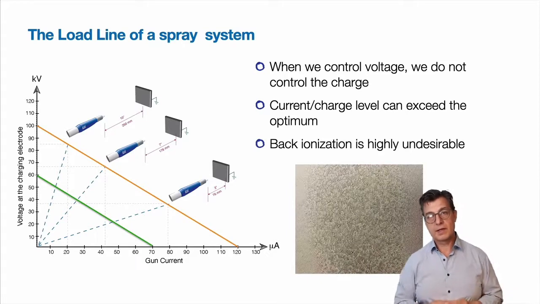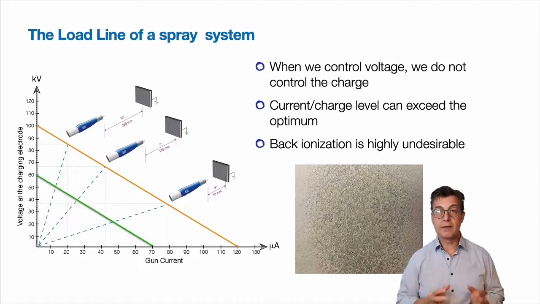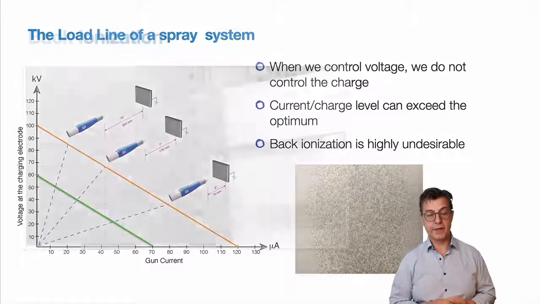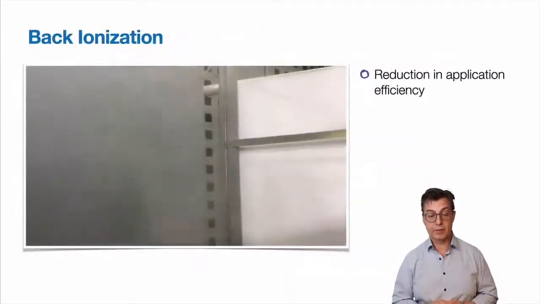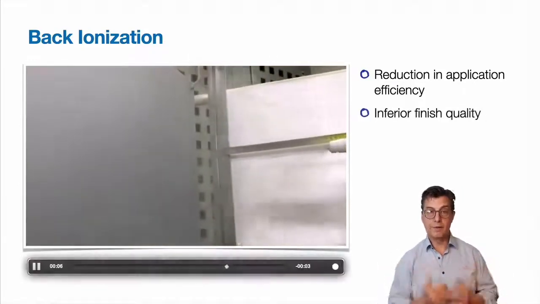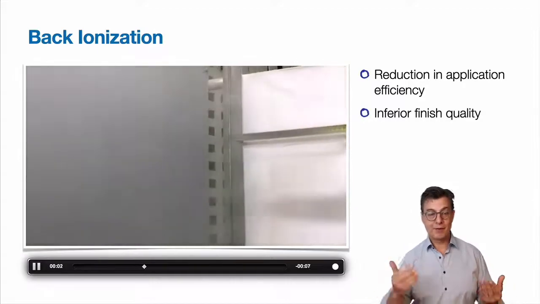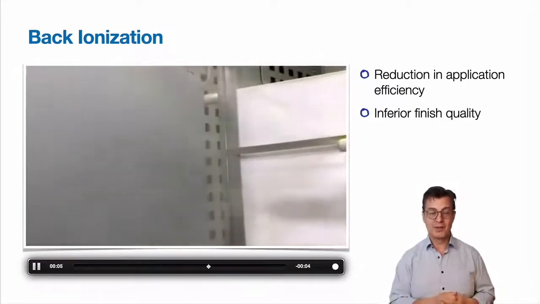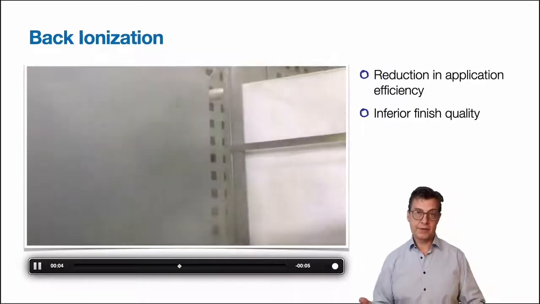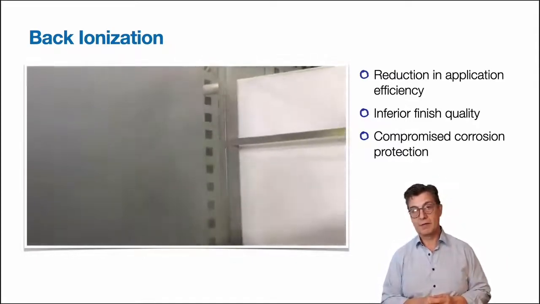With the onset of back ionization, the application efficiency deteriorates significantly, it goes down, and the finish quality does the same. You can see here an example of an application with severe back ionization of the product, and what you actually see is the powder jumping off the product. So what application efficiency can we talk about if we're spraying powder, we're trying to put it on, and it's actually jumping back? Once this happens, we have reduced powder application efficiency, we have inferior finish quality, and we also